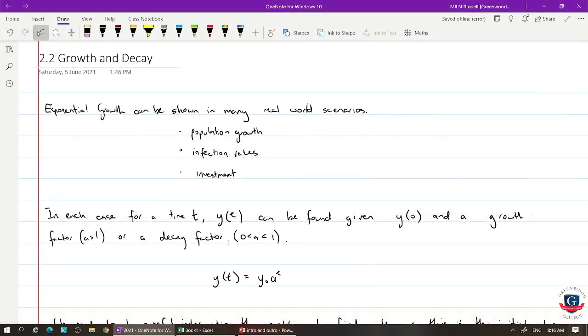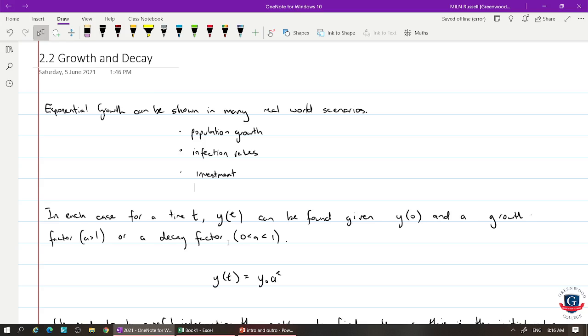Hi everybody, today we're looking at growth and decay. Exponential growth can be shown in many real-world scenarios. Cases like population growth, either for people or bacteria, infection rates, disease passing through a population, or compound interest type cases. In each of these cases we have a time t, some value that's changing, and y0, the initial